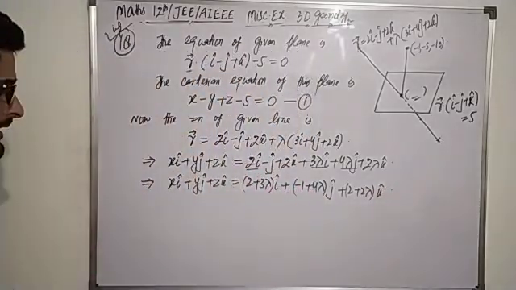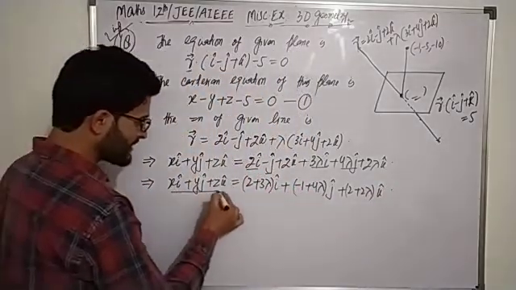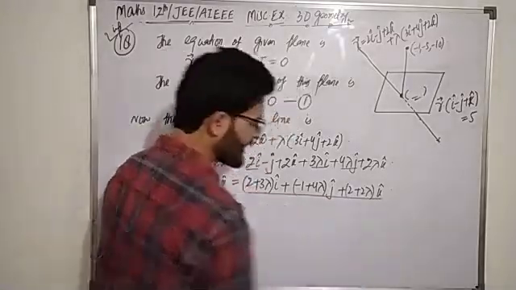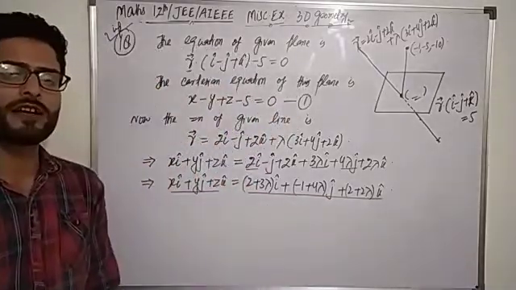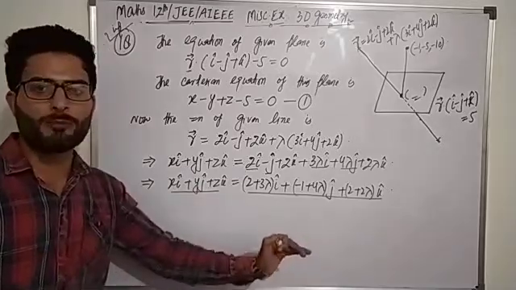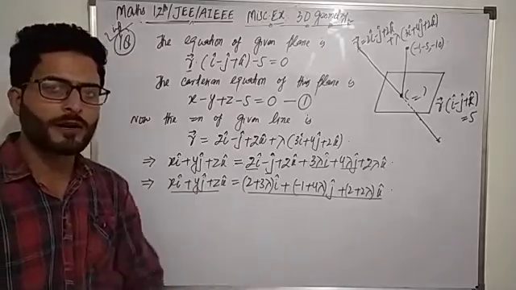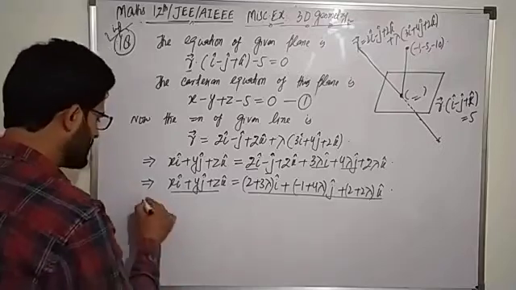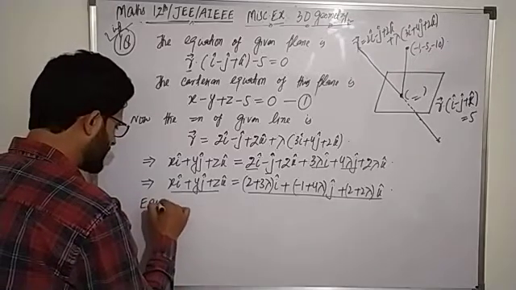Is that clear? So in the LHS we have a vector and on the RHS we have again a vector, and both the vectors are expressed in terms of their components. When two vectors are expressed in terms of their components and they are equal, it means their corresponding components must be equal. So equating the corresponding components,